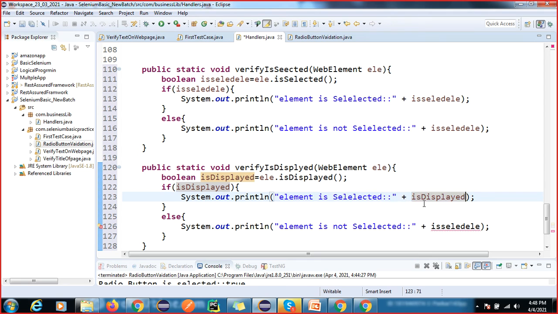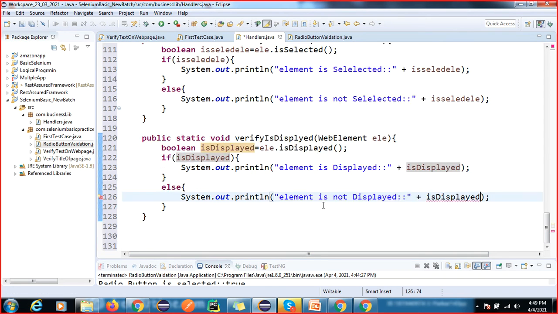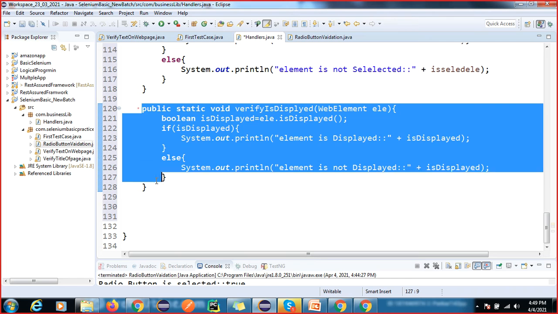Okay, element is displayed. You can document in your own way, if you have good documentation skills. Now element is not displayed, and element is not displayed. Okay, this is another method I have done.